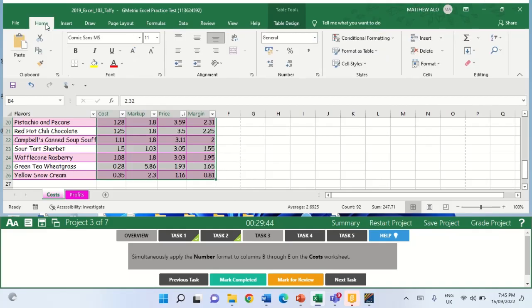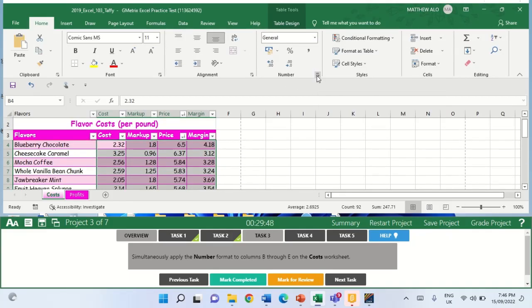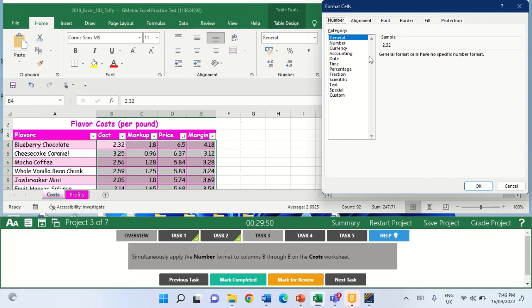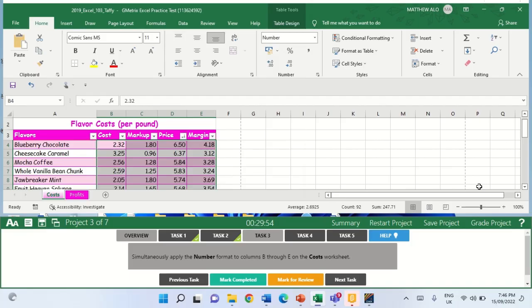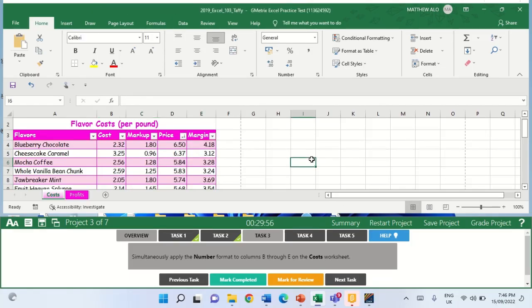You click on the Home tab in the Number group. Select the Format Cells dialog box and select Number. Click OK. So task 3 mark completed, and task 4